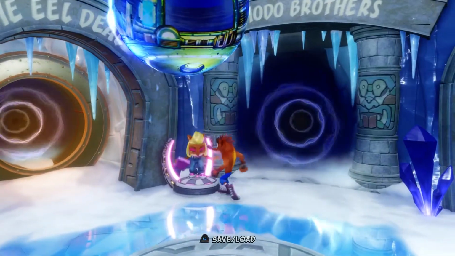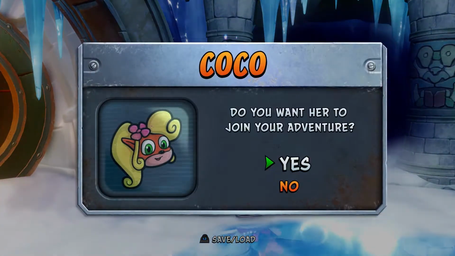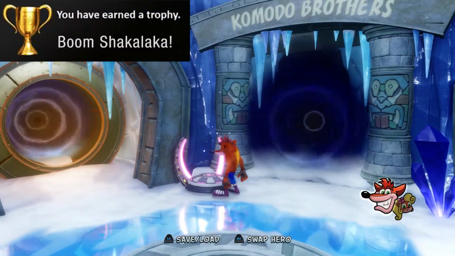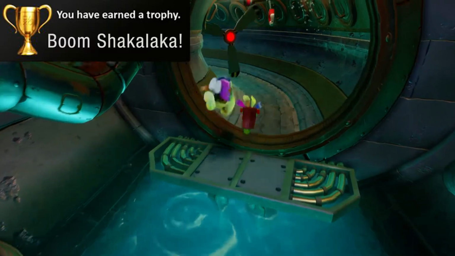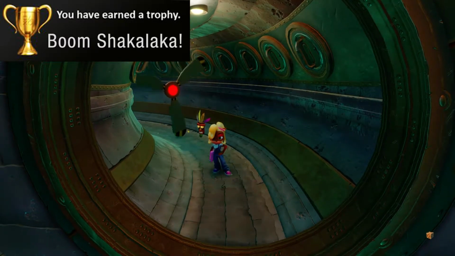Moving right along, when you get to Warp Room 2, a time-traveling Coco Bandicoot will join your party again, and you're going to have to use her to get the trophy Boom Shakalaka. Make the switch, hop into a level, and give 5 of these enemies a Coco leg drop to get the